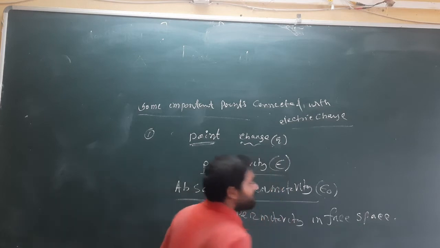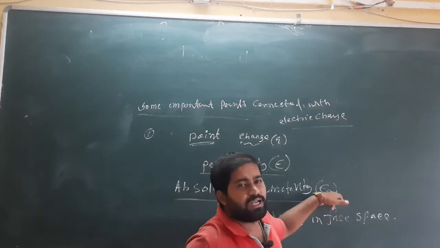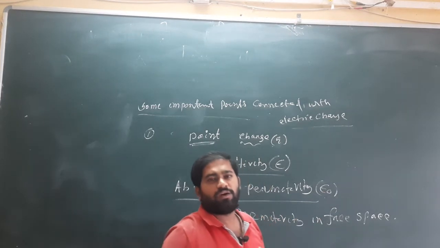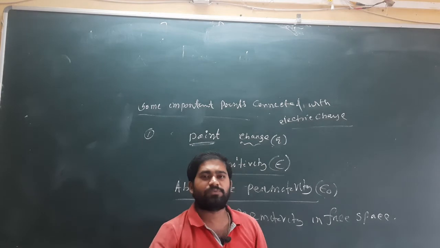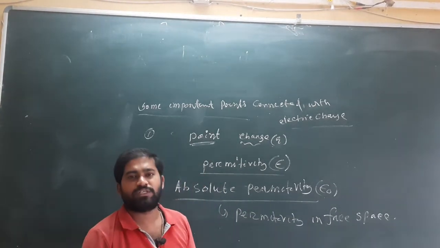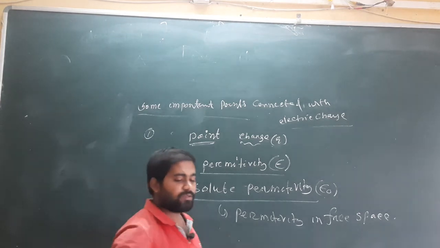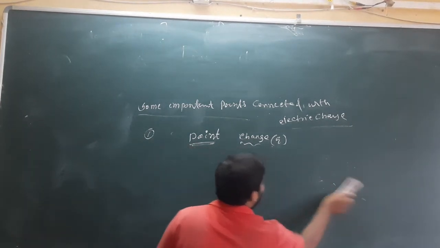So absolute permittivity is the permittivity in free space, and generally we represent it as epsilon naught, or epsilon 0. So absolute permittivity means permittivity in free space, and the measurement of permittivity in free space will be given as